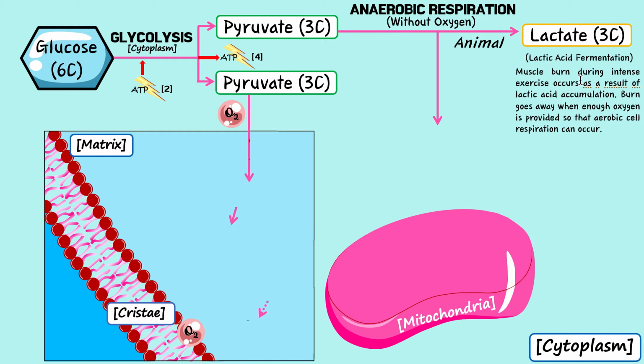But you've noticed this burning feeling goes away as soon as you stop curling those weights, as soon as you stop doing that intense exercise. That's because when you stop doing that intense exercise, your body can relax again and get enough oxygen to do the other process and not this one. So under low oxygen, this pyruvate can be turned into lactate in animals, so humans, whatever.